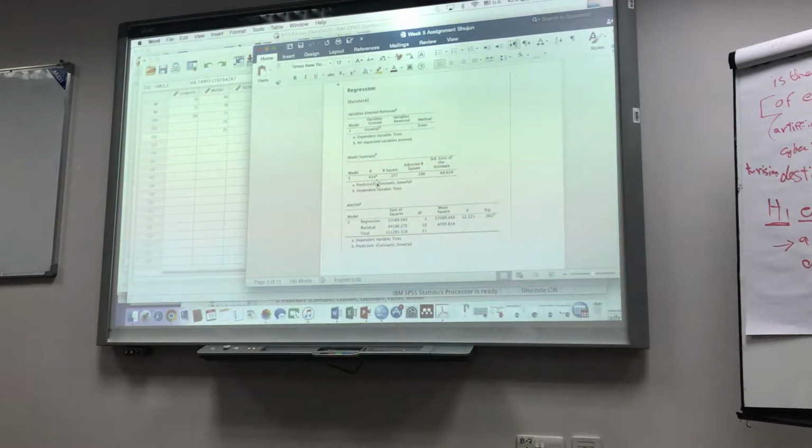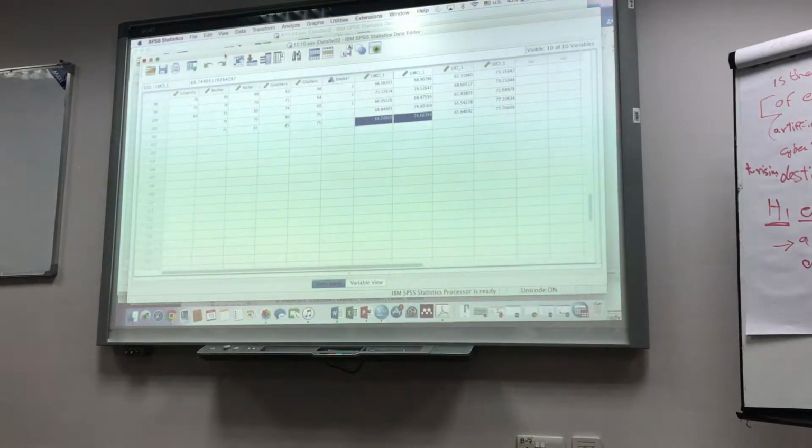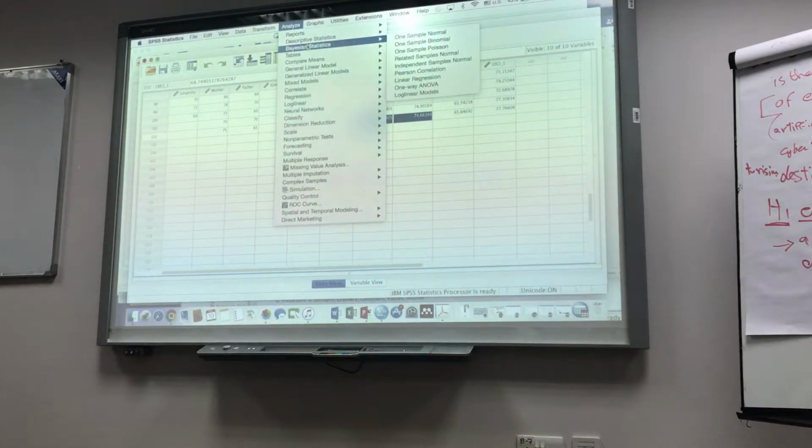The data was collected weekly over the winter months, weekly sales and weekly snowfall. The dependent variable here is the sales of the tire, and the independent variable is the snowfall. We want to do the regression.